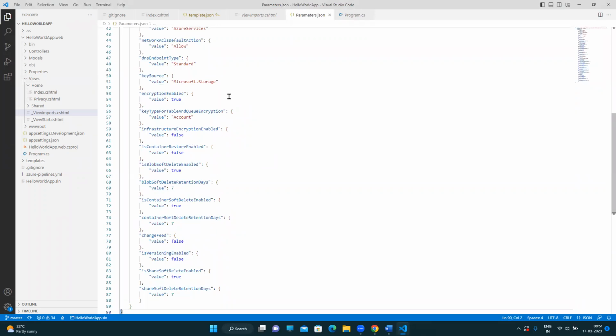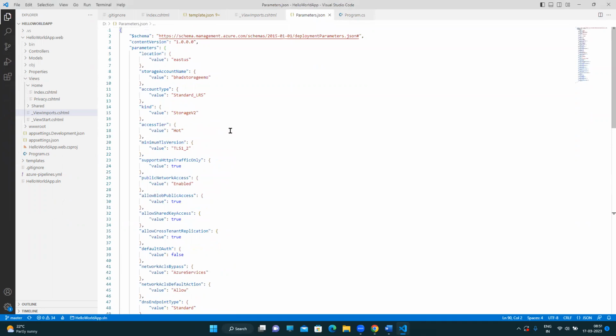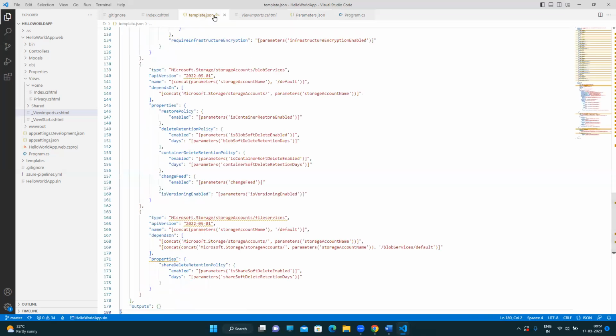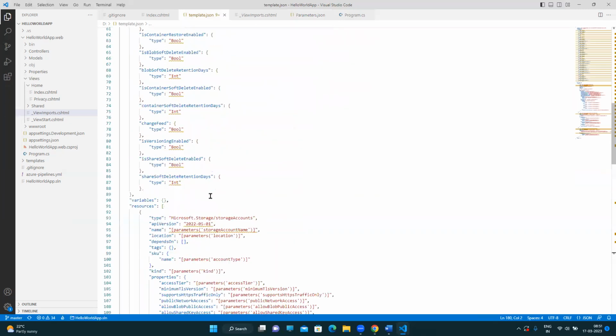Try to understand this. What is there here? There are so many parameters here, like storage account name, account type, kind. These are required parameters to create a template. Where are we using those things? Here, if you see,